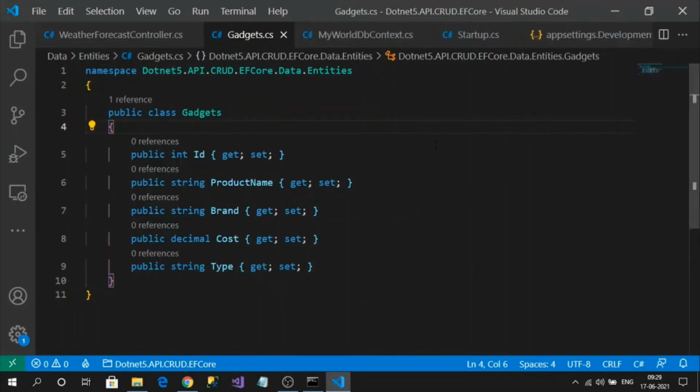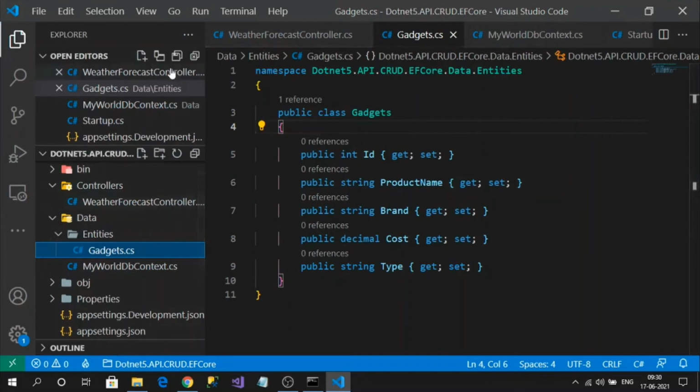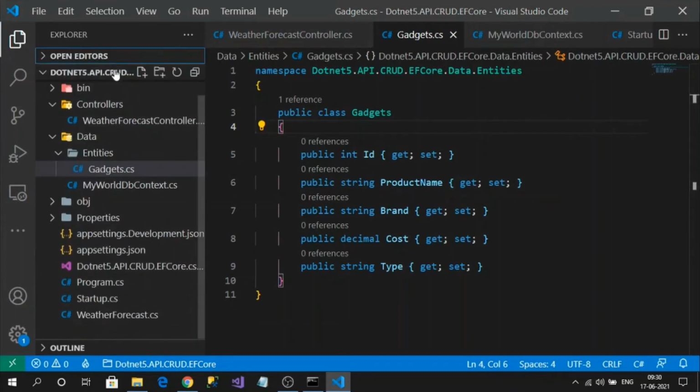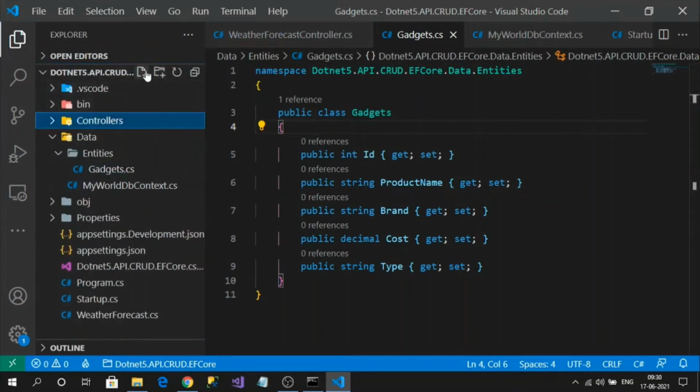Okay, so the next thing is we need to create our controller. So the controller is the interface module where it contains all the action methods. Those action methods are nothing but, per request, a particular action method gets executed. Okay, so let's create the controller. So for that, what we will do, in the Controllers folder, let's add a new controller like.